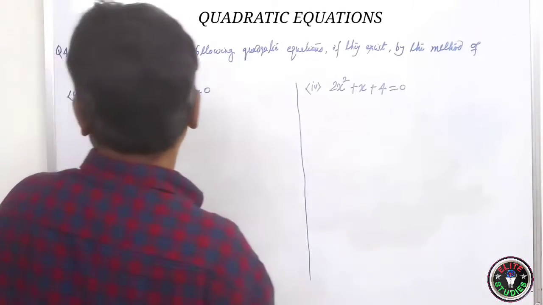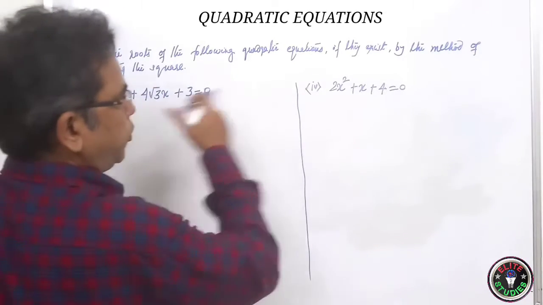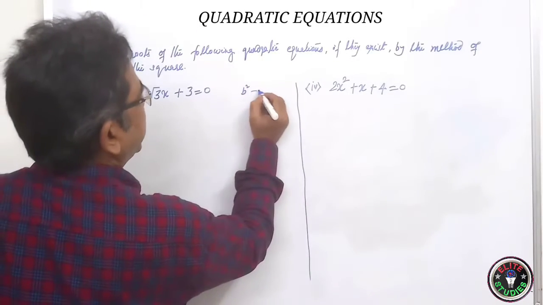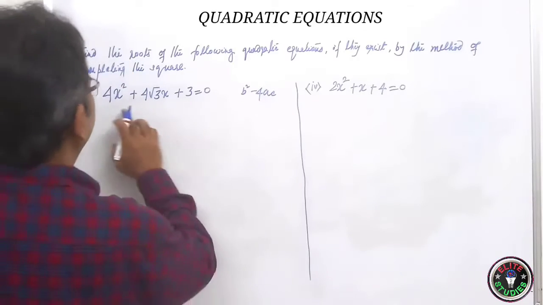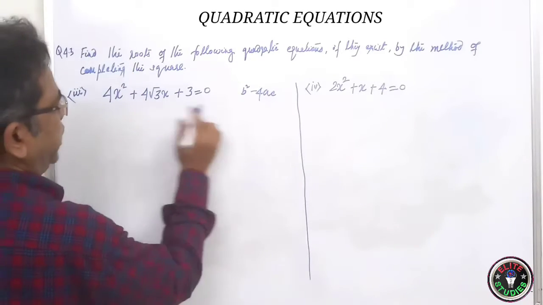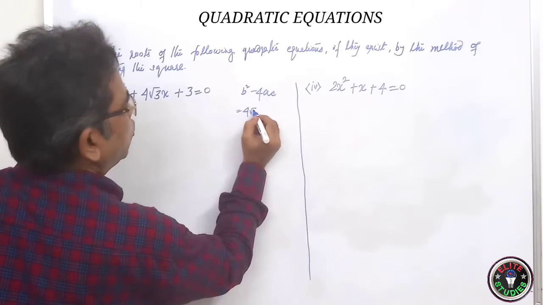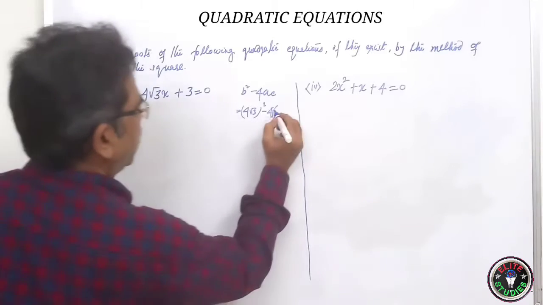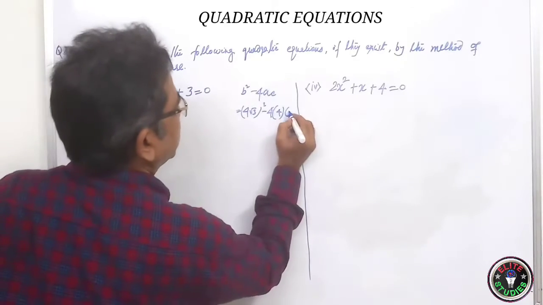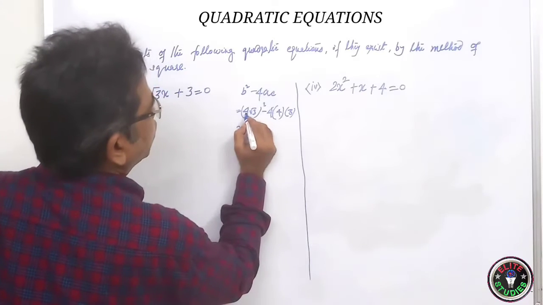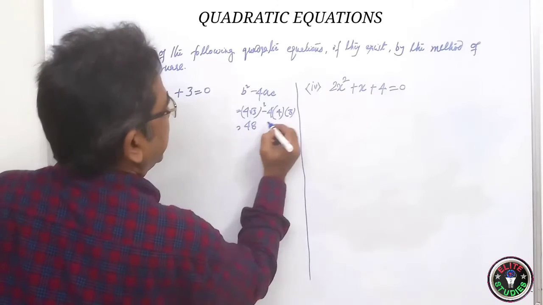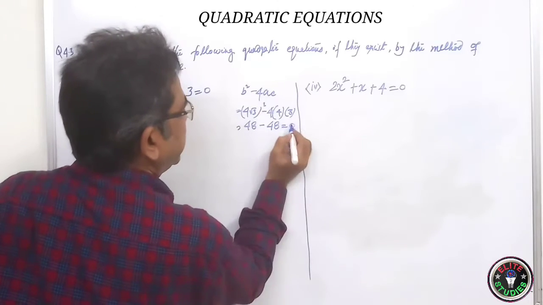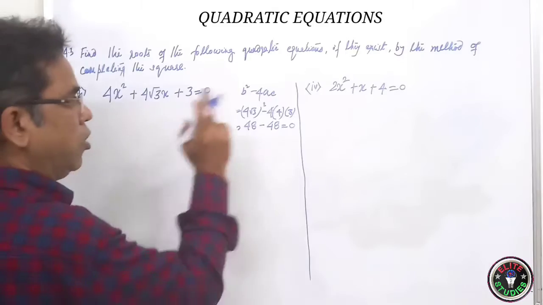Now let us do the third question. Now first of all we have to check whether the root exists or not. Similar to this, you have to check b square minus 4ac. Here what is b? b is 4 root 3. So it is equal to 4 root 3 whole square minus 4 into a, which is 4, and c, which is 3. So if you do it, 16 into 3 is 48, and minus 4 into 4 is 16, 16 into 3 is 48. Dear students, it is 0. If it is 0, then also the root exists.